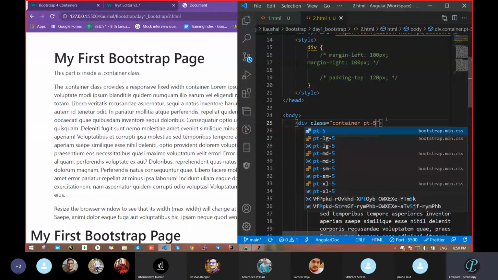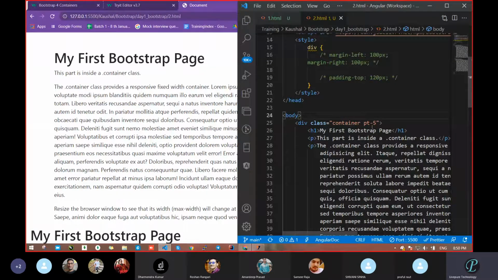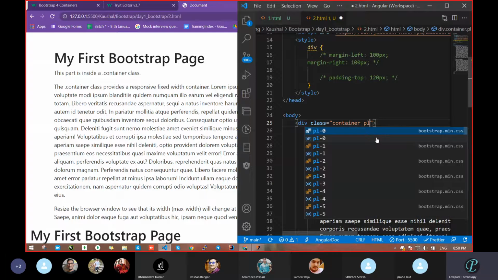So see here for the padding, what did we do? We passed something like 3, 1, 2, 3, 4, so we get somewhat of a padding. PT means padding top. If you want padding left or right, then what will you do? P means padding, and L, PL, that is padding left.